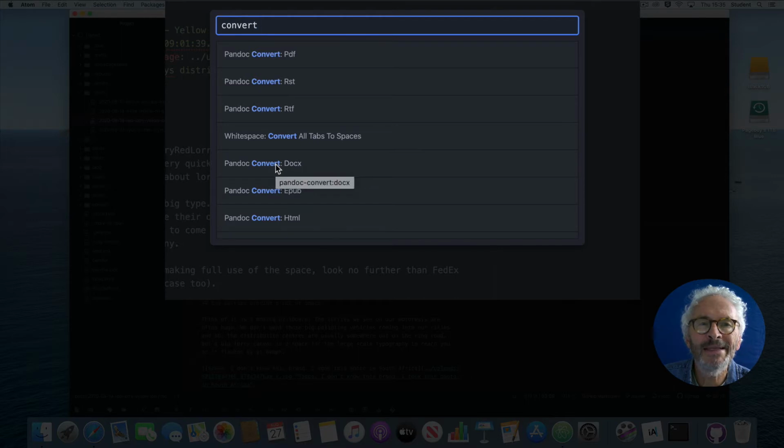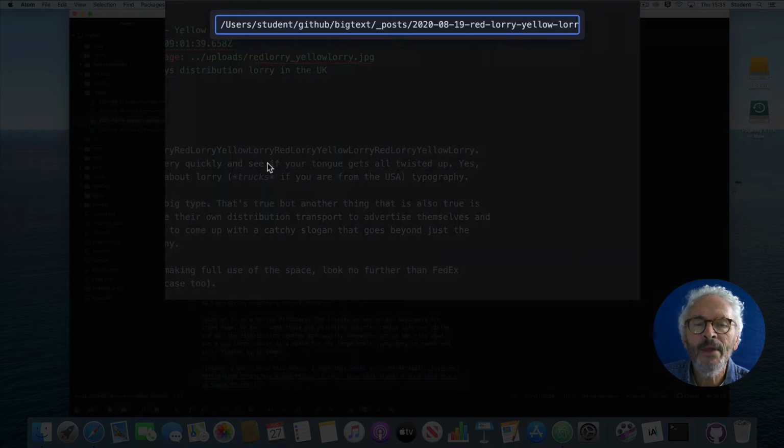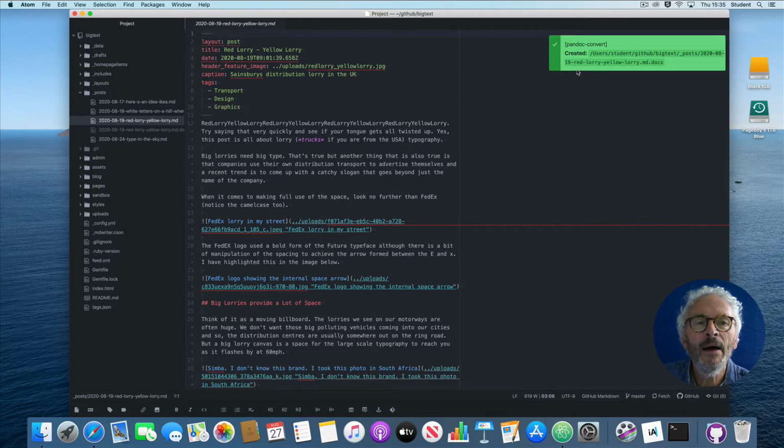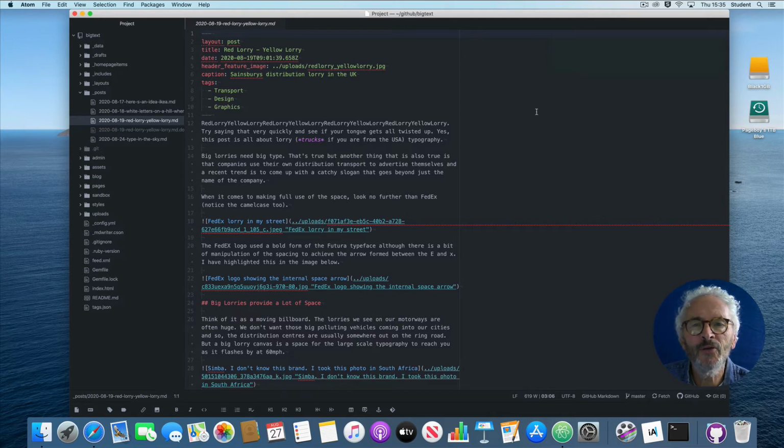Now docx is the Microsoft Word format, so we're going to click on that. Then it puts that up in that little box here. You just need to press Enter on your keyboard. Now, all being well, you should see a green message over on the right hand side, green for go, of